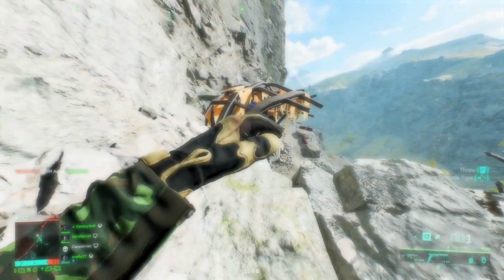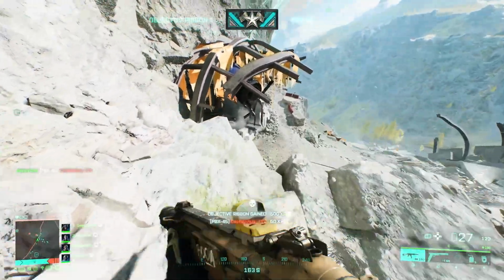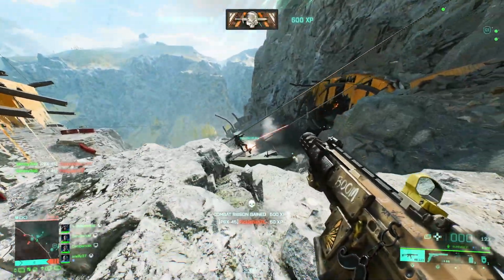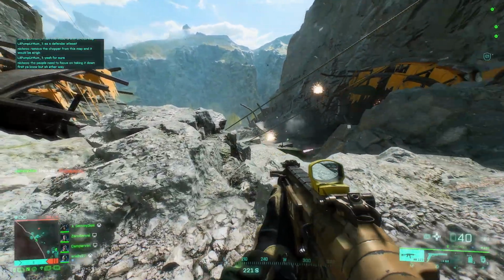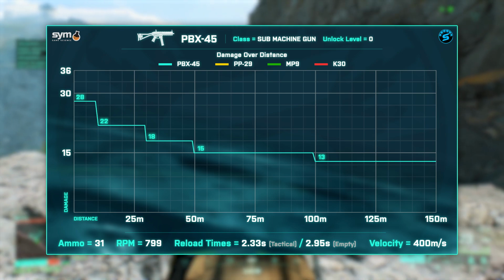Now getting into the more detailed stats for the PBX-45, keep in mind that these values are all based off of body shots, and when it comes to the SMGs, headshots have a 2 times multiplier, so any value that you see in these graphs are just doubled when you land them to the head rather than the torso or the limbs. The PBX-45 deals 28 damage per bullet up to 9 meters, then between 10 and 29 meters it